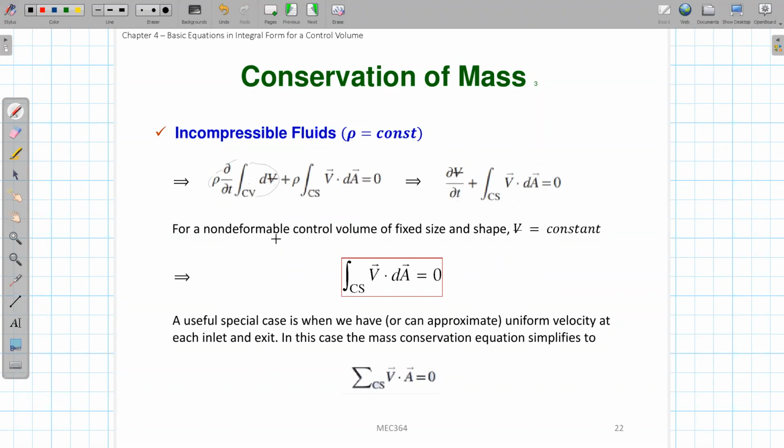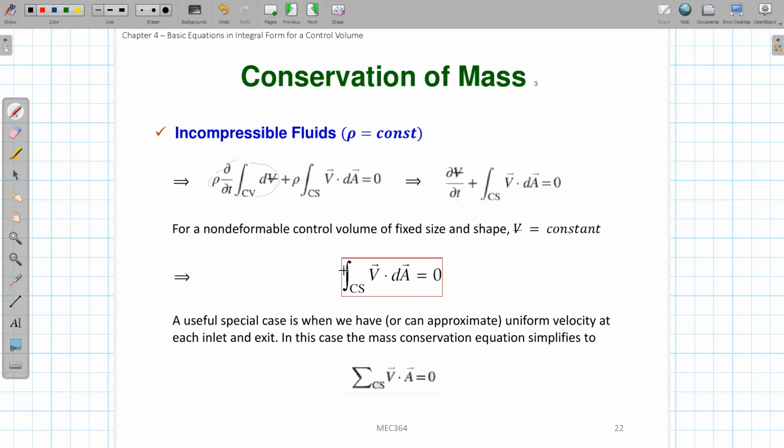So let's consider that this volume V, not this velocity V, is also a constant and won't change with time. So we can assume this V is constant, and this term will also go. The only thing left is this surface flux integration term. And it's fundamentally saying that if you have constant density incompressible fluid, and also your control volume size is constant, then the integration of all your surface